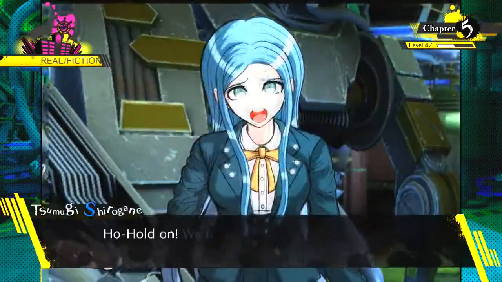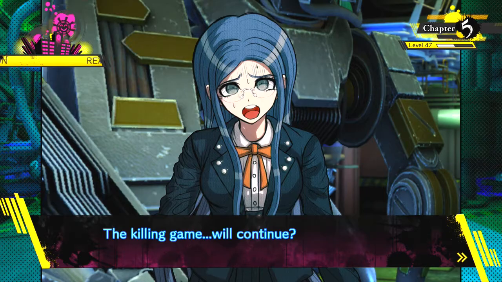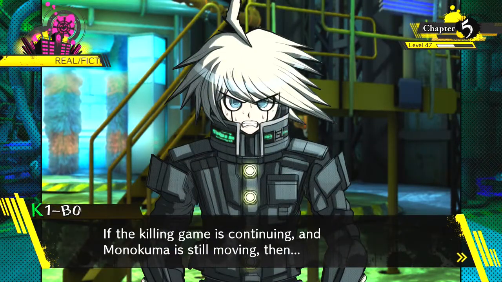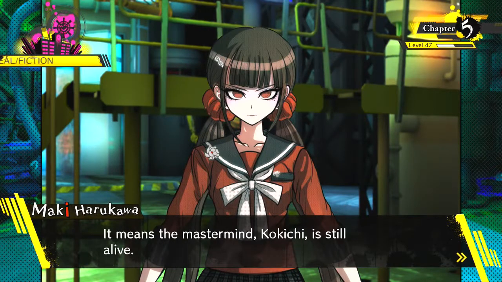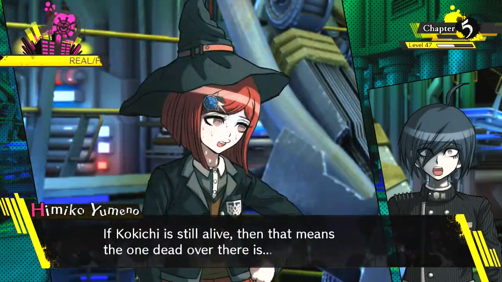Hold on, we have to investigate, so the killing game's gonna continue? It's a bit slow. Killing game will continue. If the killing game is continuing, and Monokuma is still moving, then that's right. It means the mastermind, Kokichi, is still alive. If Kokichi is still alive, then that means the one dead over there is...